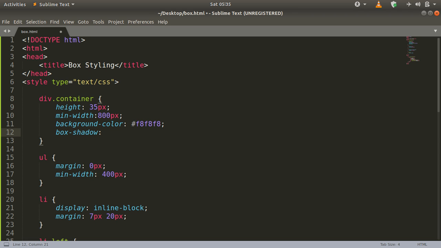The first value is for the x offset, the second value is for the y offset, the third value is used to set the blur property, and the fourth is the actual color of the shadow. So here, we can say we want the x offset to be 5 pixels, the y offset also 5 pixels. We don't want the blur property as of now, so we are going to neglect it, and we want the color to be, without any hexa color, just red.